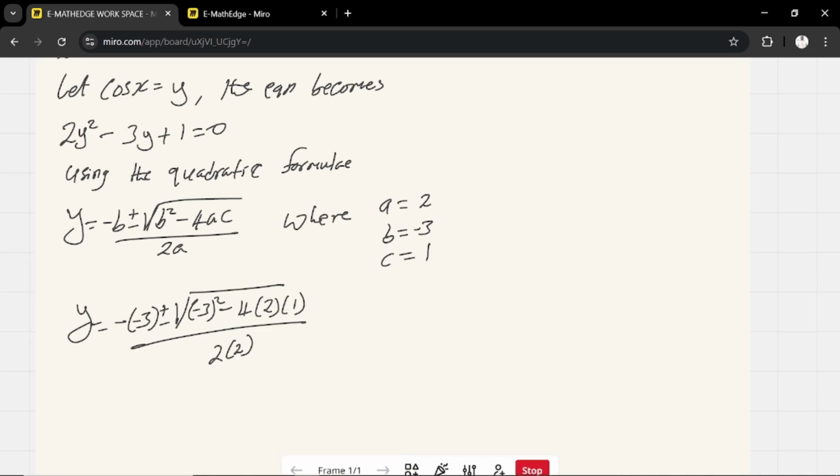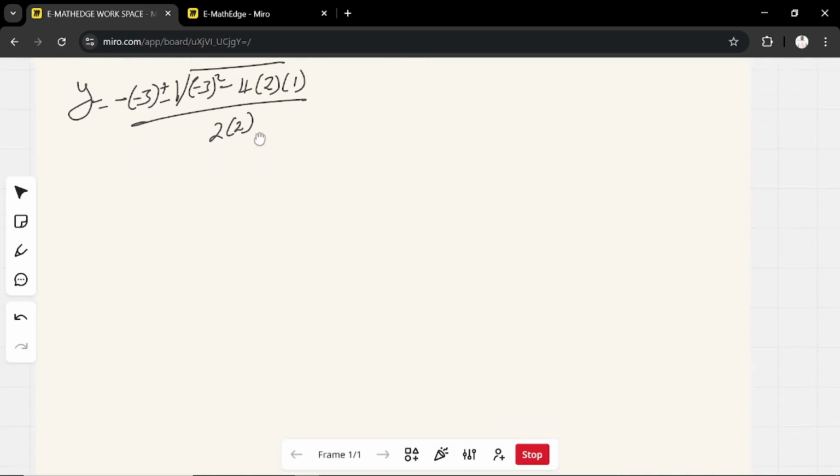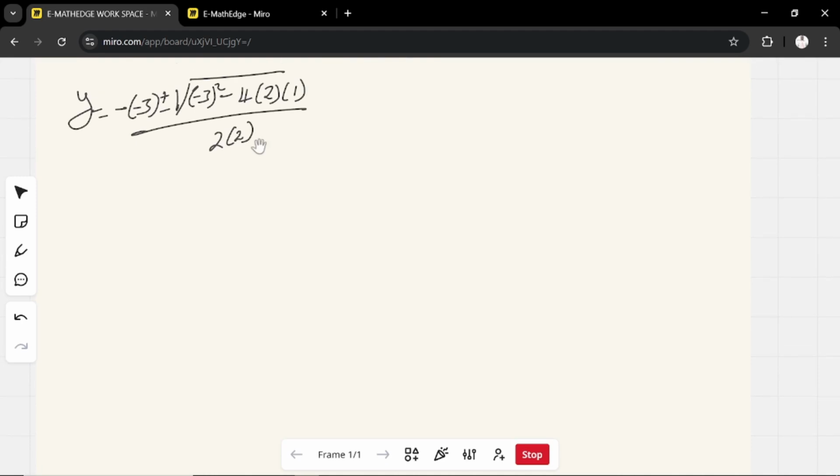For us to further simplify this, we are going to open the bracket, and those with square, we are going to apply the square so that we can have a simplified value for y. So let's quickly do that. We are going to have y equal to, now this is a negative sign multiplying a negative number, which is minus 3. So minus times minus is going to give us plus, and we are going to have positive 3 plus or minus the root of, now this is a negative number also, minus 3 being squared,